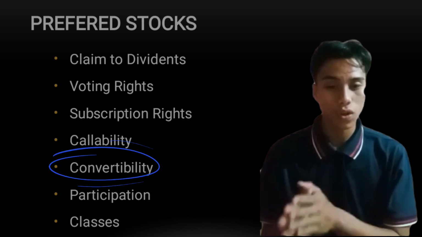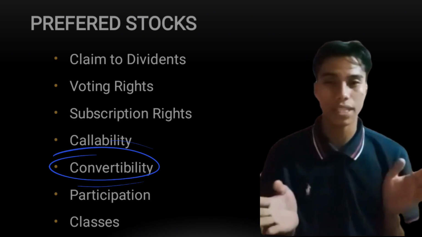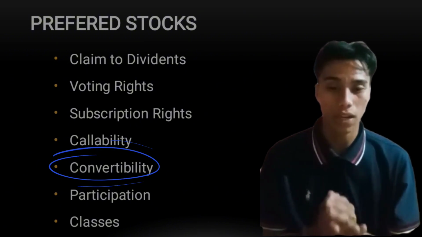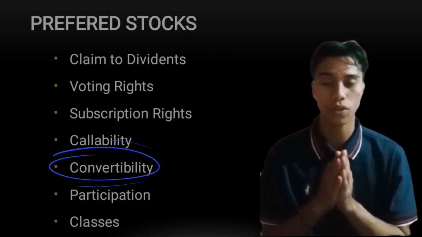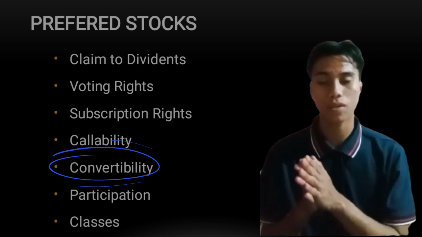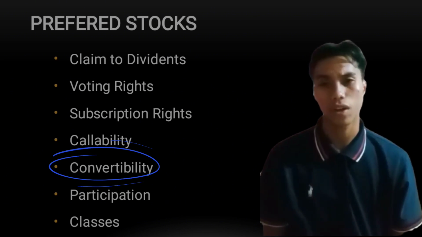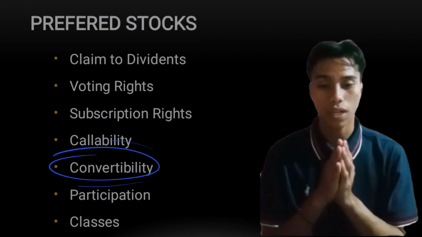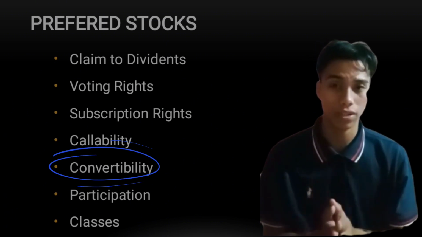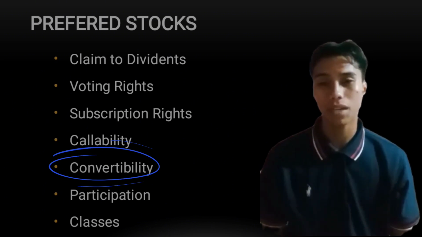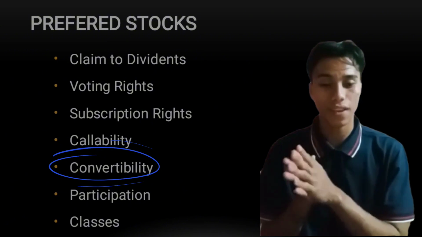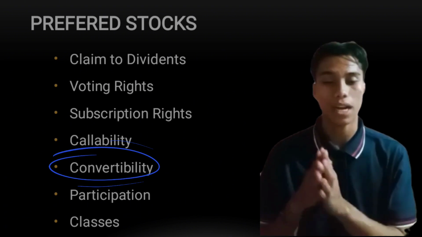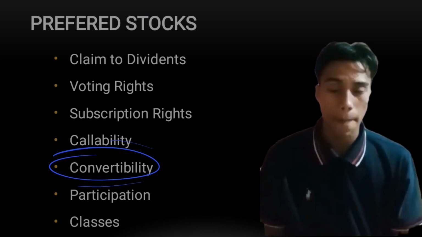So ang kaning convertibility is maklasify ni siya sa duha, which are the convertible and non-convertible. So ang convertible is preferred shares give their holders the option of convertibility into a set amount of common stock shares in the future. So sabot ra kayo nga ang kaning convertible is tagaan ni sila og kanang option nga ma-convert ang ilang amount nga shares sa future. So ang kanin namang non-convertible is a preferred stock does not give its holder the rights to convert the preferred share. So mao ra gyapon kabaliktaran ra ba nga ang kaning non-convertible is dili tagaan og rights nga ma-convert ang iyang amount